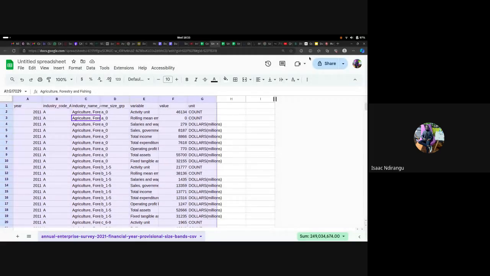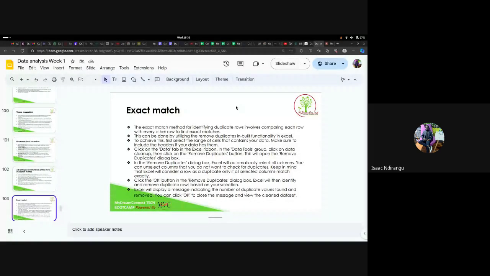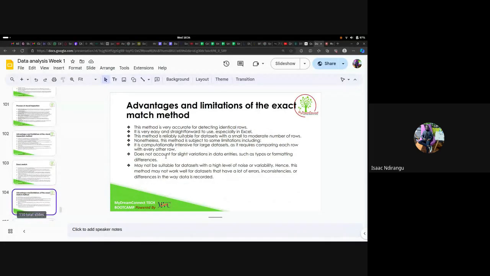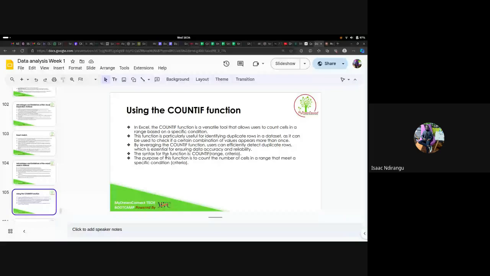Great. In this slide, I have just an elaboration of what I have just demonstrated, some of the disadvantages and advantages. Those are things you can go over. We can go to the next